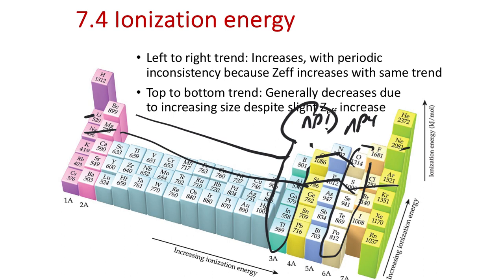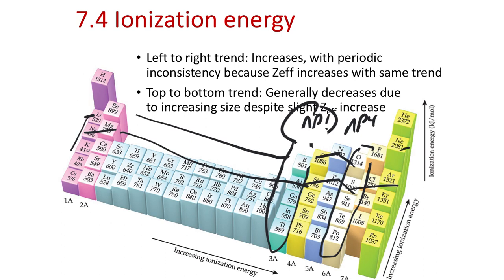But then we continue the trend, because from oxygen to fluorine to neon, while we're still spin pairing the electron, we're making that spin-paired electron closer to the nucleus with a higher charge. So we go back to increasing as we would expect. So there's a little bit of nuance from left to right, but a general increase in ionization energy from left to right. And then our top to bottom trend is that our ionization energy